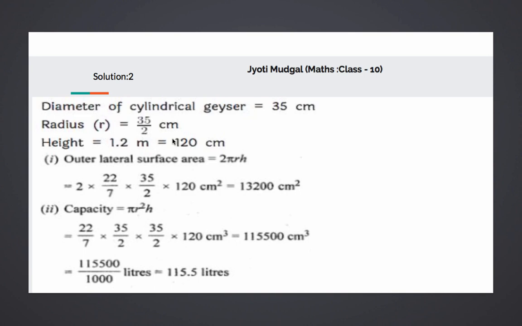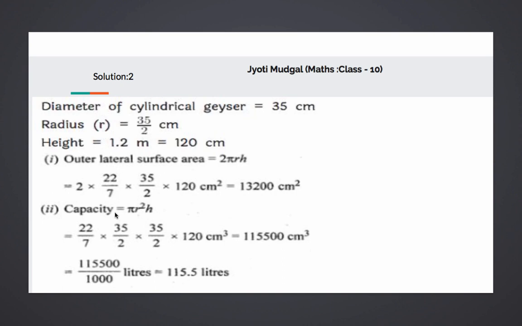Now the first part of the question says, neglecting the thickness of the walls. We need not consider that. We have to tell the outer lateral surface area. What's the formula for lateral surface area? Curved surface area, 2 pi RH. 2 pi, 22 upon 7, R half of the diameter, 35 by 2, and H 120. So substitute all the values, centimeter square, because area is what we are talking about, and the answer comes 13,200